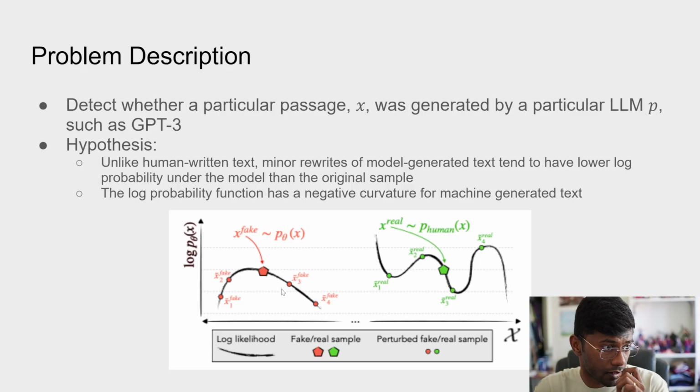and we see that almost always in the machine-generated sample it is going to be lower, because this stems from the fact that an LLM would almost always choose the most optimal sequence of words when it generates any text, and any other perturbation is going to have a lower log probability with that model, right? So this is the idea behind DetectGPT's